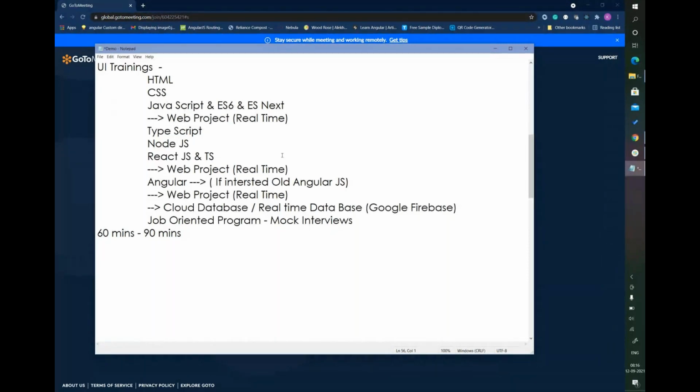Each session will be 60 to 90 minutes, which is 1 to 1.5 hours, based on the topics we cover. Each day you will be given the sheet of the day with the topics we have covered, and you can practice on it. Each topic we cover daily will have an assessment. You need to complete it and submit it back to our Google shared drives. Then we will evaluate how you did, and each assessment will have a ranking.